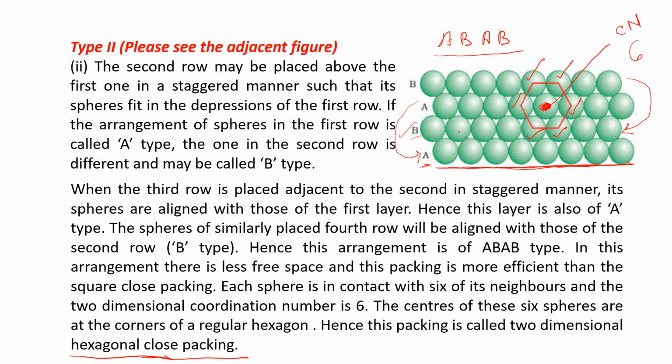So in two-dimensional close packing, we are getting two types. Type 1, where the coordination number of the central atom is 4 and the packing is square close packing. And in type 2, the coordination number of the central atom is 6 and the packing is hexagonal close packing. Now we will move to